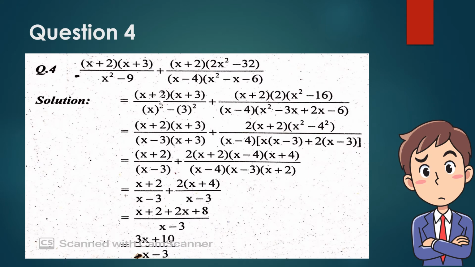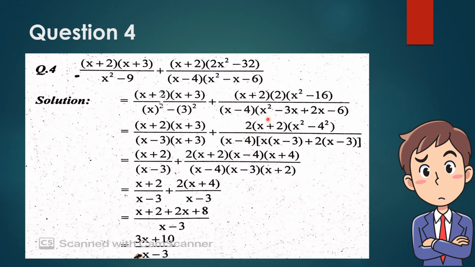In question number 4, you can see that we have x plus 2, x plus 3 divided by x square minus 9. So in this fraction you will be applying the a square minus b square formula on x square minus 9. So you will be left with x minus 3 and x plus 3. In the second one you can see that we have x plus 2 into 2x square minus 32. So here we can see that 2 will be the common term and we will be left with x square minus 16. And in the denominator we have x minus 4, and in x square minus x minus 6 we